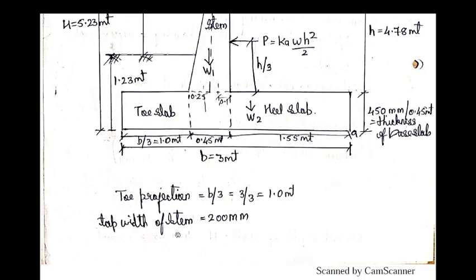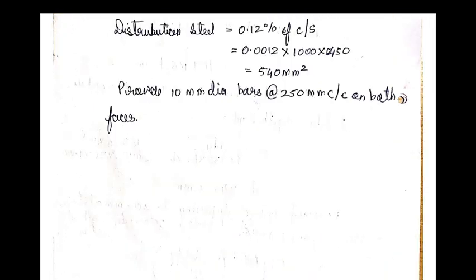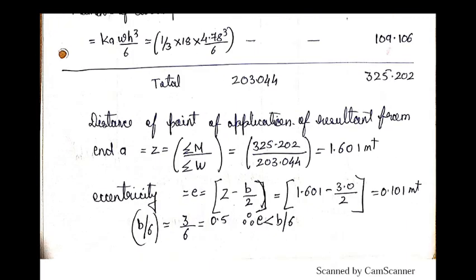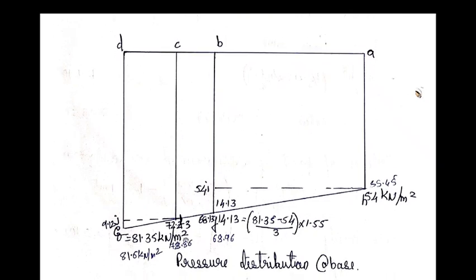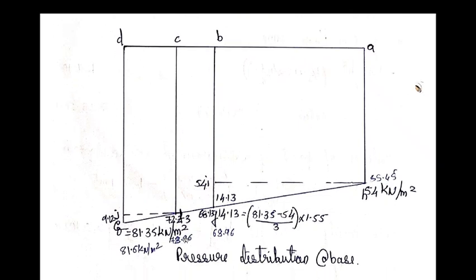So this is how. So now we are going to make use of the pressure distribution diagram for the further design of heel slab and toe slab, because the heel slab and toe slab comes in the base slab. Now initially I have A value which is 54 kilonewton per meter square and D value 81.35 kilonewton per meter square. Now I have to calculate what is the value at C point and B point,